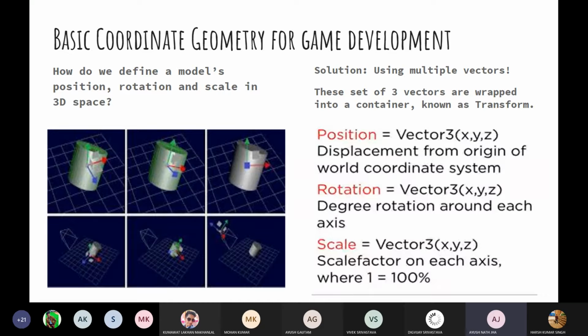And then we have scale, which is also a Vector3 (x, y, z), the scale factor on each axis, where 1 equals 100%. If you enter 1 in the scale factor, the object is in its original dimension. If you enter 0.5, the object will be half of its original dimension. And if you enter 2, the object will be double its original dimension. So this is what it means.